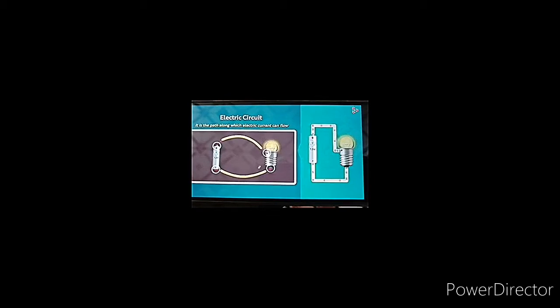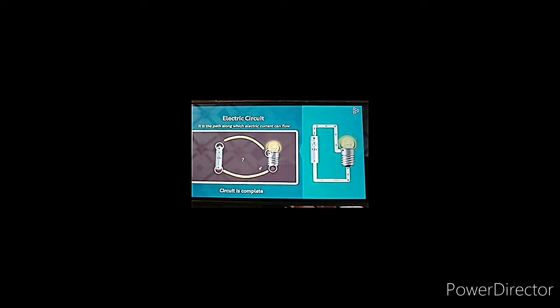An electric circuit basically provides the path in which the electric charges can flow. But there should be two terminals, the positive and the negative terminal. So the conventional current can flow from the positive to the negative terminal of the battery, whereas the electronic current can flow from the negative towards the positive terminal of a battery. Then your circuit will be a complete closed circuit, and the current can flow through this complete closed circuit.